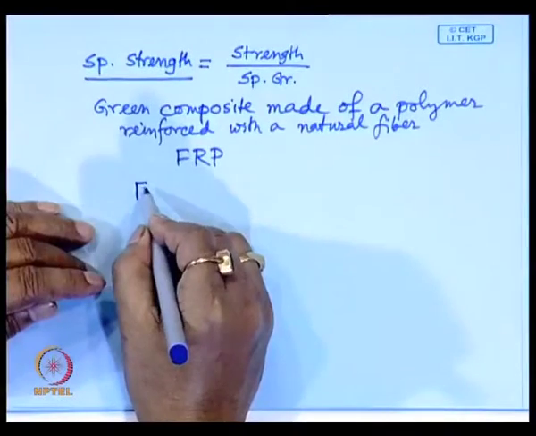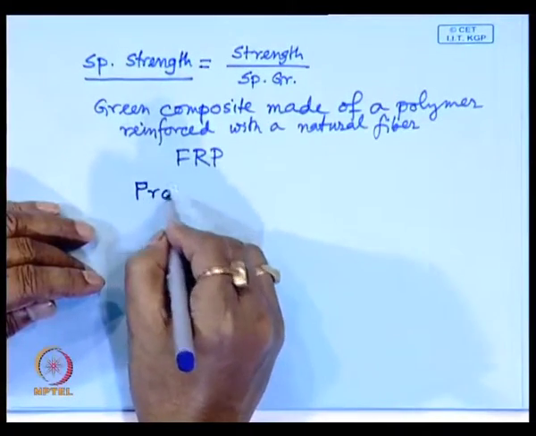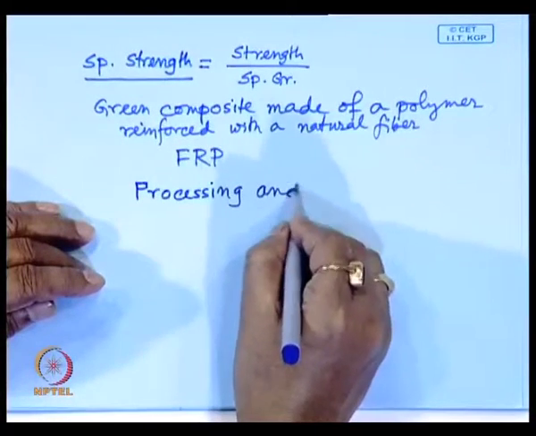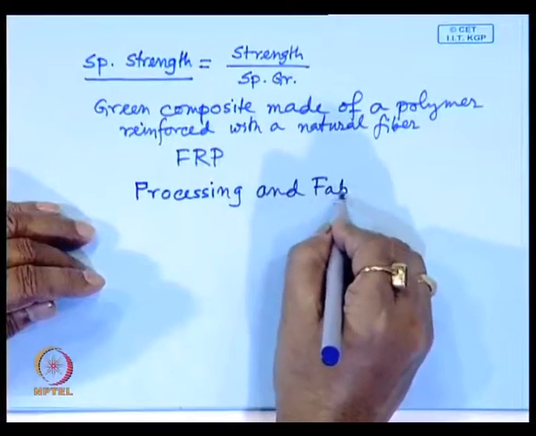Once the polymer compound is formed, then that polymer compound is passed through certain machineries, through subsequent stages of processing to give a final shape to the product, that is known as fabrication. So, we have to go through processing and fabrication steps,